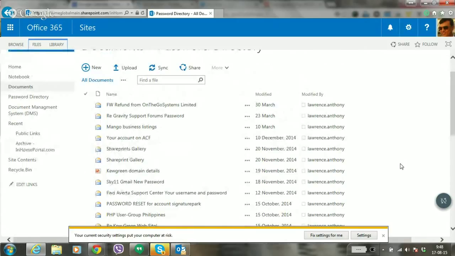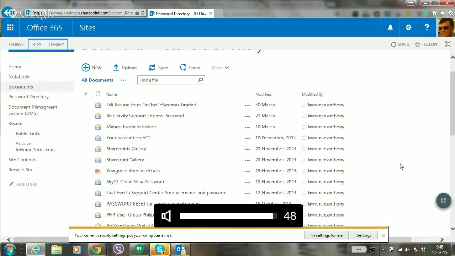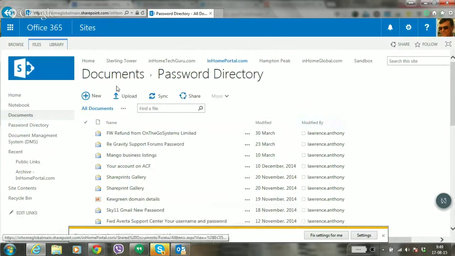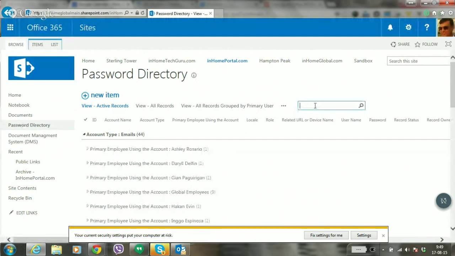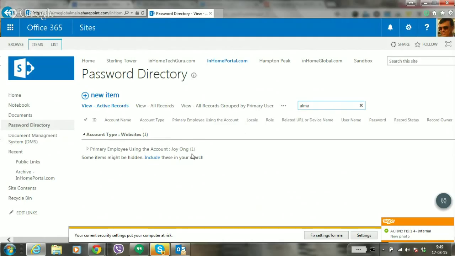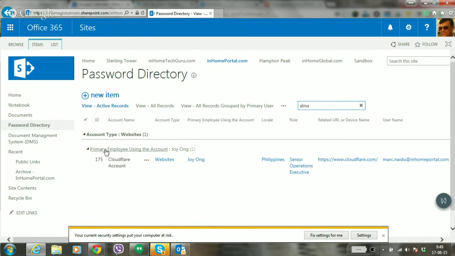If you search for Alma, say for example, in home portal account, hold on for a second. You will see it's already inactive. Okay, I'll show you one thing. Let's go to the password directory. Let's go to find item, Alma. But if you look here, there are no passwords in the active records. Correct? This is not Alma, maybe something taken from the abbreviation here. If you go to view all records,